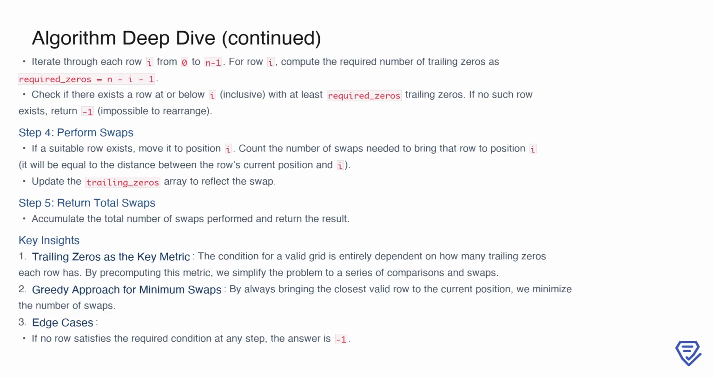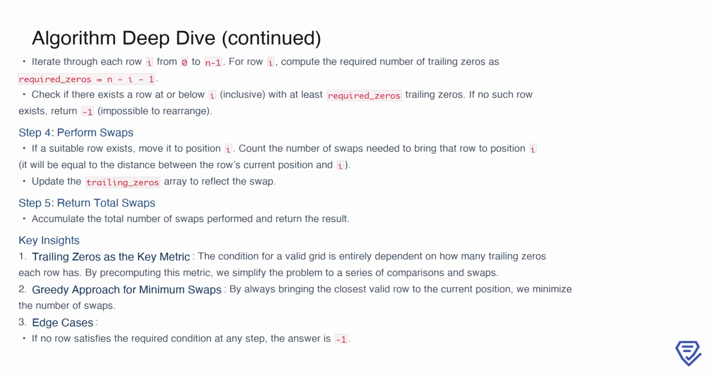The number of swaps is simply the distance between the row's current position and the target position. After performing the swap, we update the trailing_zeros array to reflect the new order of rows. Once all rows have been processed, the total number of swaps gives us the result. At the core of this process is the greedy approach. By always bringing the closest valid row to the current position, we minimize the number of swaps. This ensures an efficient